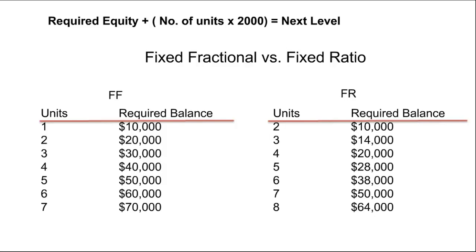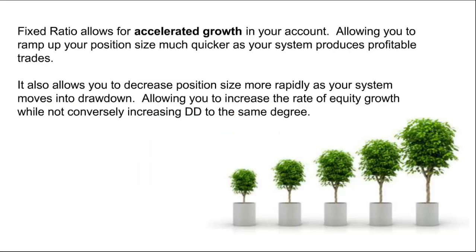So it requires less and less capital to increase my position sizing the more money I make in fixed fractional. This also exists some in fixed ratio, but what it allows us to do is get out of the gate a lot quicker. So for those of you who have smaller accounts, which is pretty much everybody in here, this is going to help you employ some money management without having to wait to double an account. Fixed ratio allows for accelerated growth in your account, allowing you to ramp up your position size much